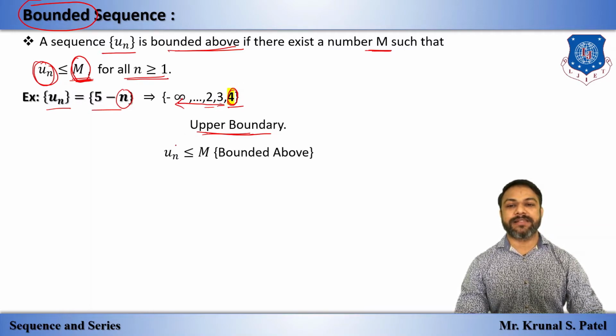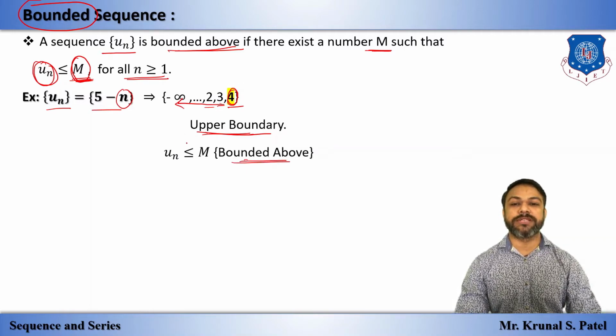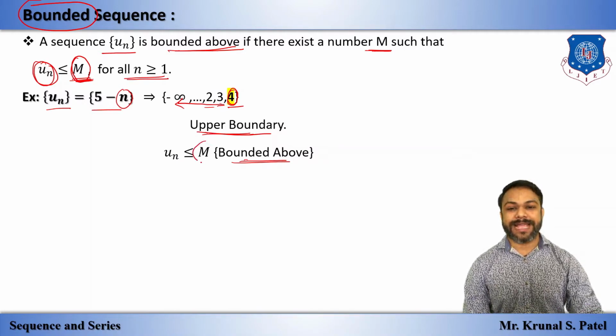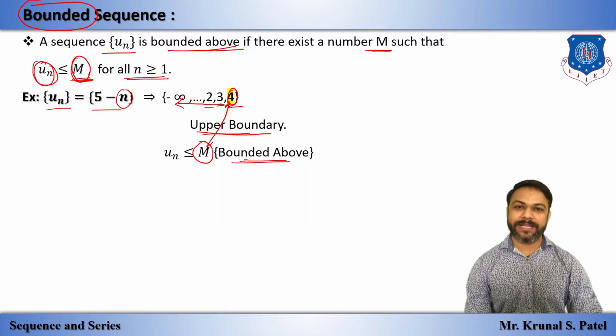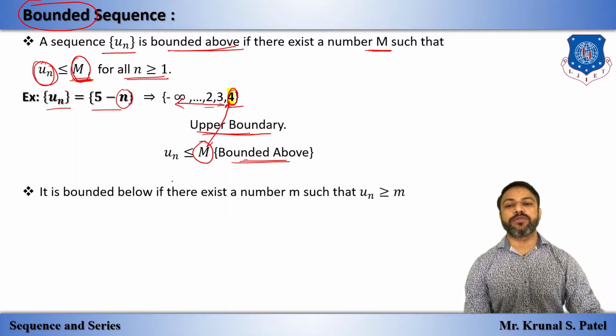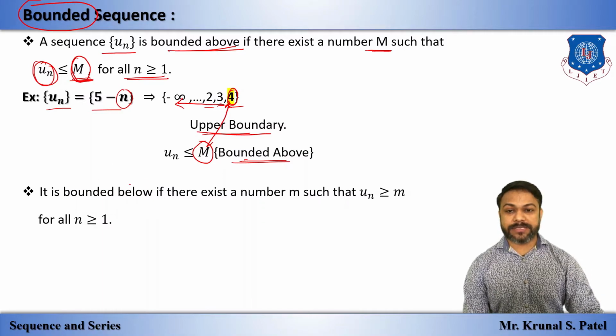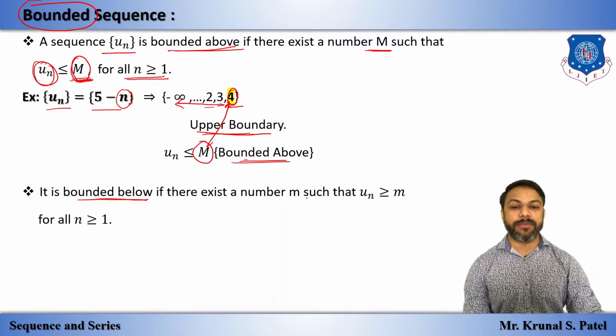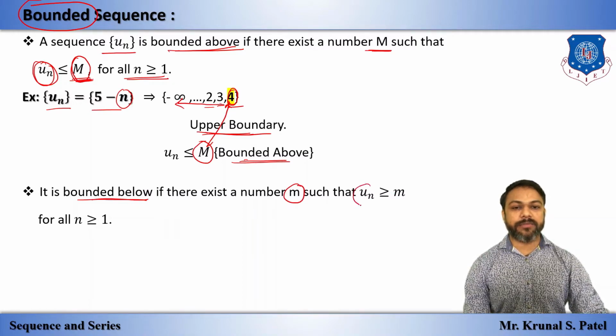That means we can say that this sequence is bounded above. Simple. By this m, and this m is your 4. Understand? Now the sequence is bounded below if there exists a number m such that all terms of the